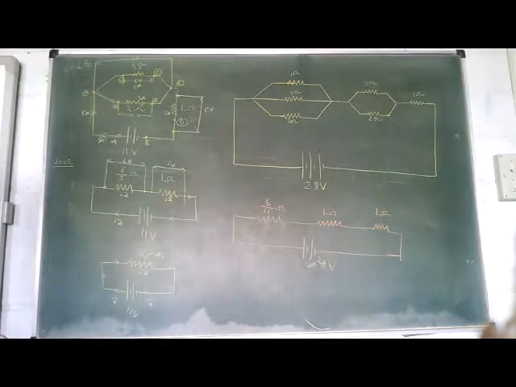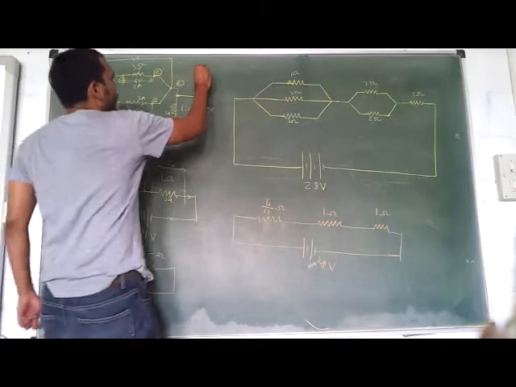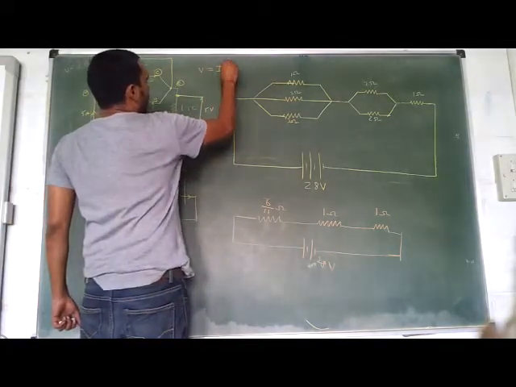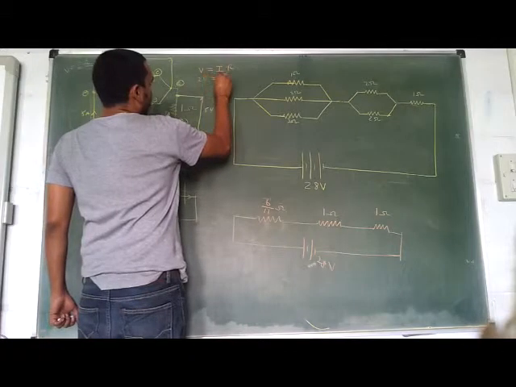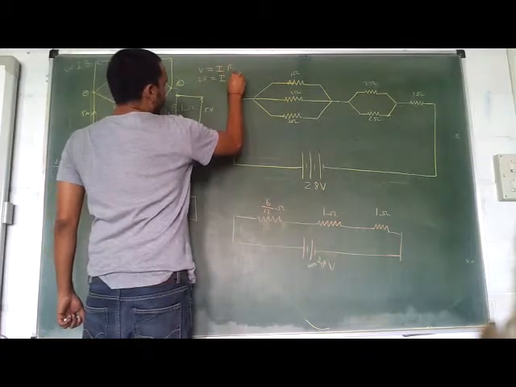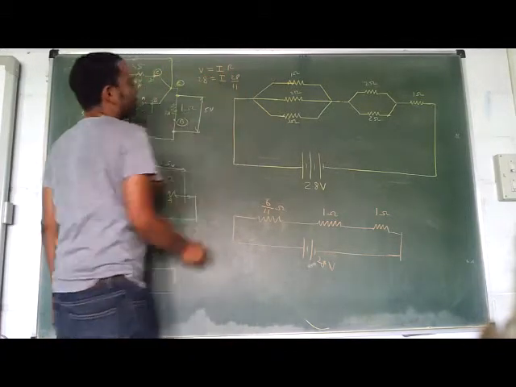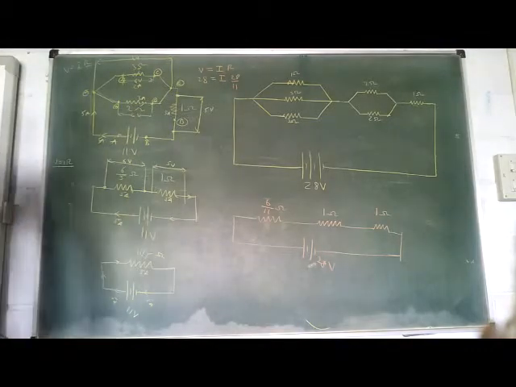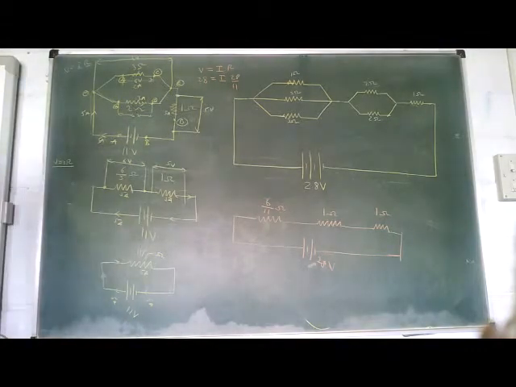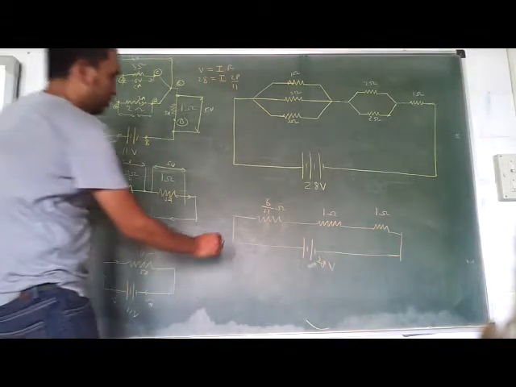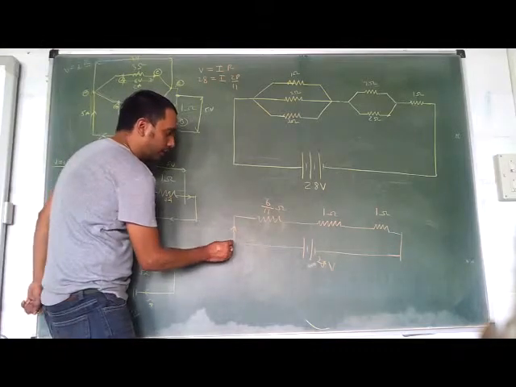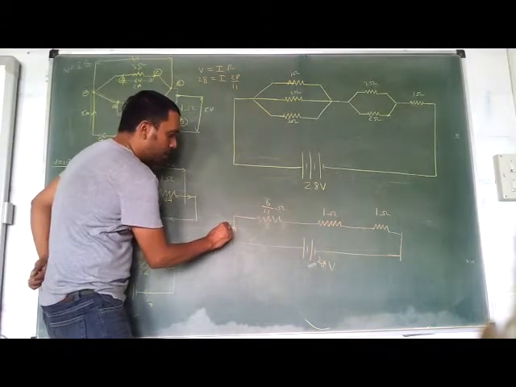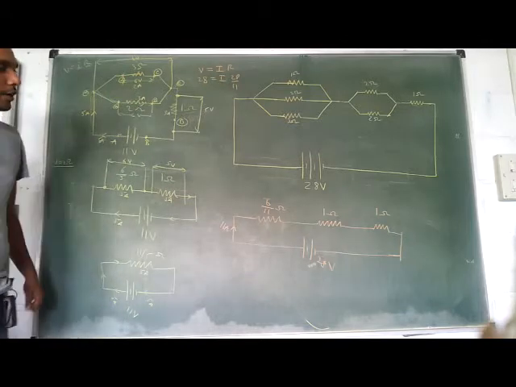28 by 11 is the total resistance. So what is the current flowing? V is equal to IR. V is 28, R is 28 by 11. 28 and 28 get cancelled. I is equal to 11 amperes or not? Such lovely values I am giving you. Thank me. It's okay, relax.